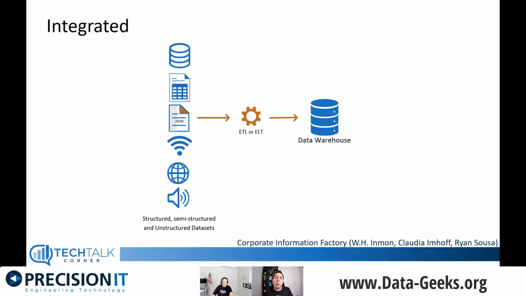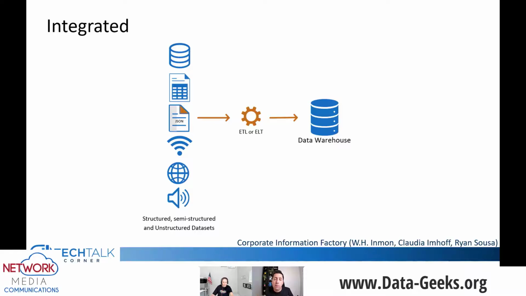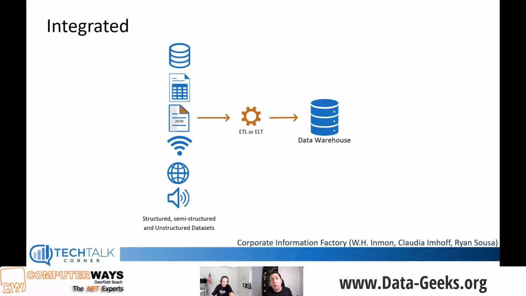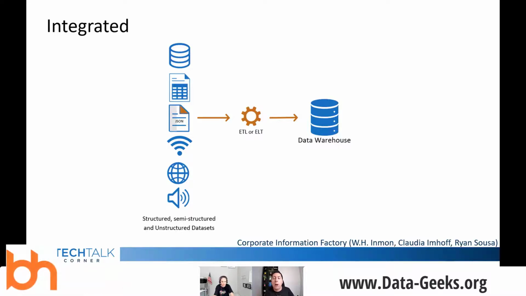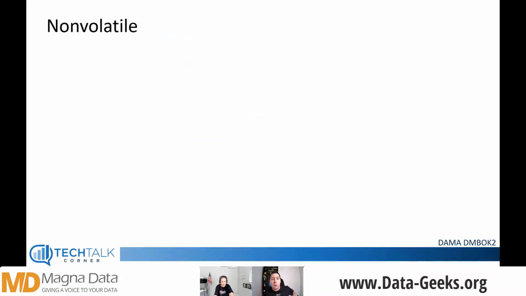That's why you need to think out of the box. So think about an environment where, if you have a data warehouse and you know that you want to put the structured information into a relational database, you might put that non-structured information somewhere else. You might put it into a data lake, for example. The information also needs to be non-volatile.